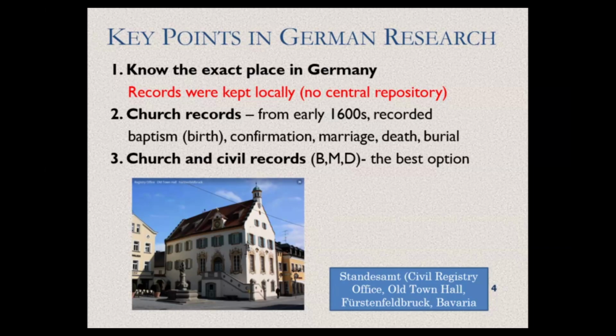And if your ancestor came later, when civil records were already created in a civil registry office called a registrar, even those church records would be sent to those registrars. So then it would be great, because you actually have 2 sets of records, church records and civil records, if your ancestor came later when civil records were already created. And those would be just those BMD you can see on the screen. It would be birth, marriage, and death records.